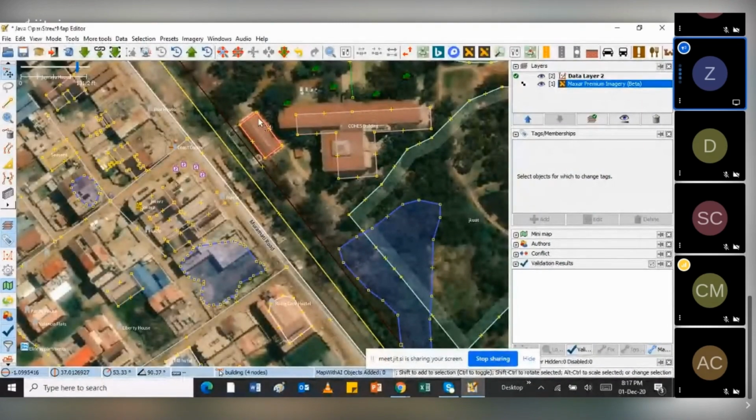Once I've finished and I want to save the file, I can just click on save, then I can upload it later. But in this case, I'll just upload it directly.